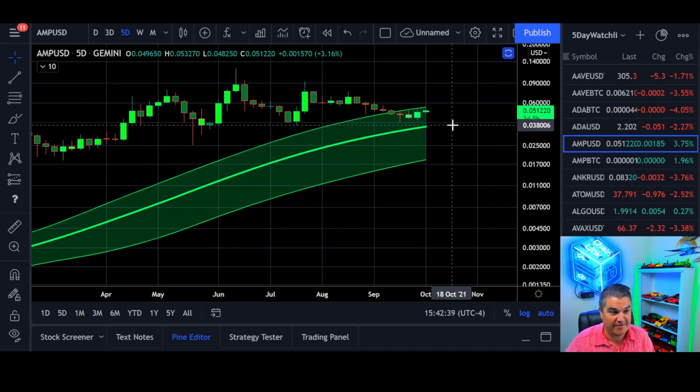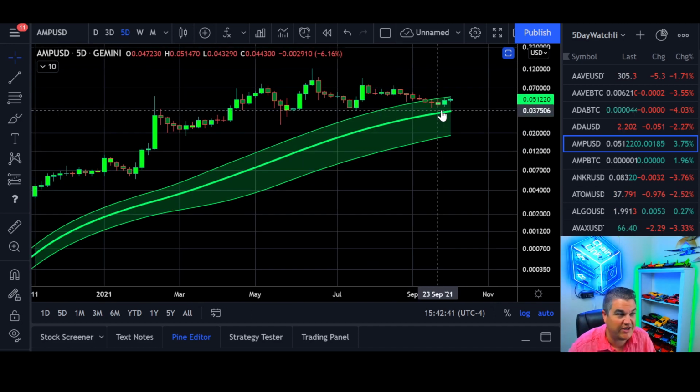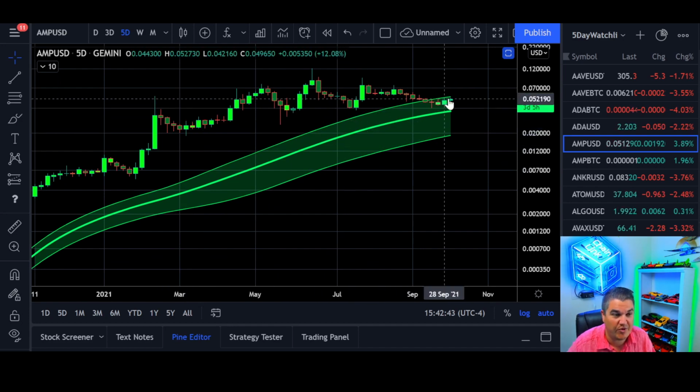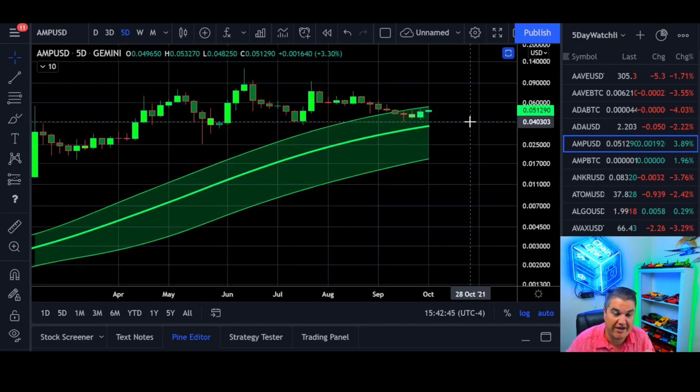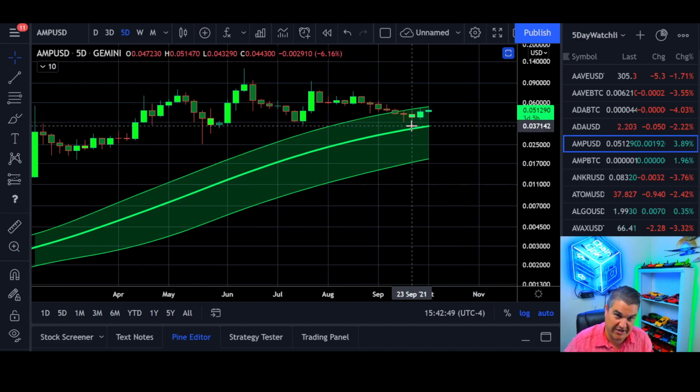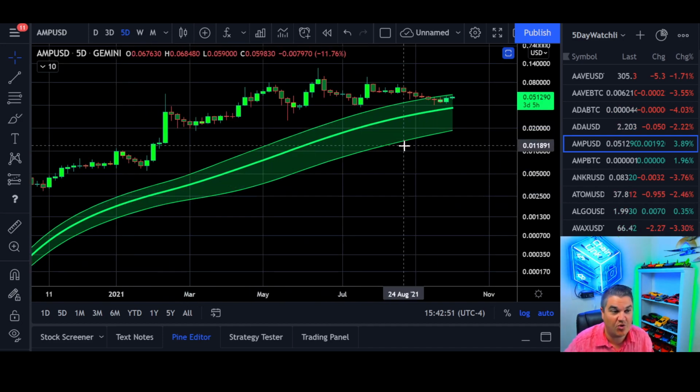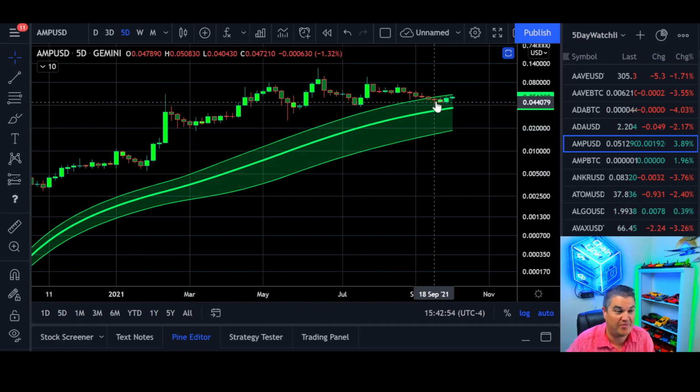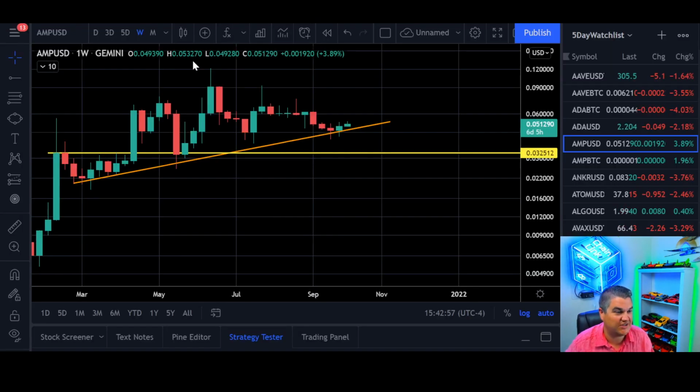We're going to look at AMP on a couple different charts today. So hopefully this will help you in the future, right? You can go look at it on any coin and you can kind of get a little bit more information about it because you're not getting a whole lot of info off the Gaussian channel from AMP. So let's go look at our next one and see what we got.